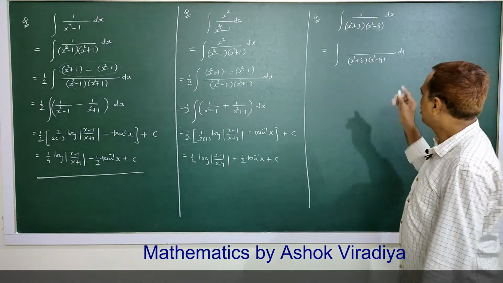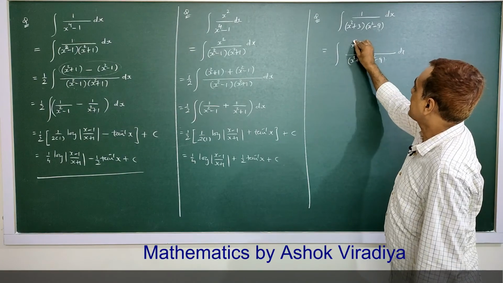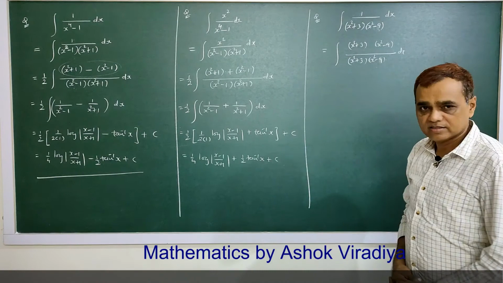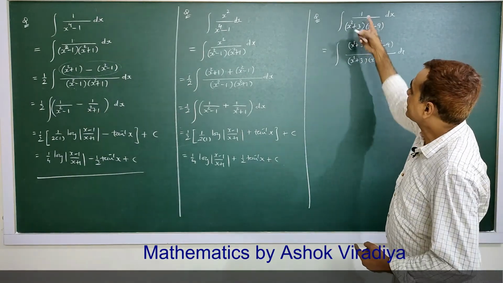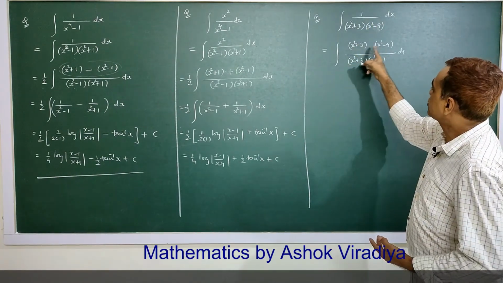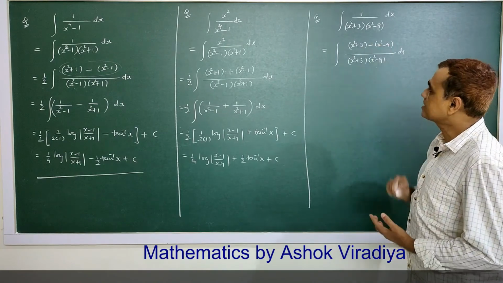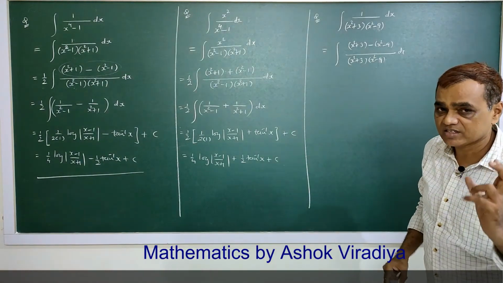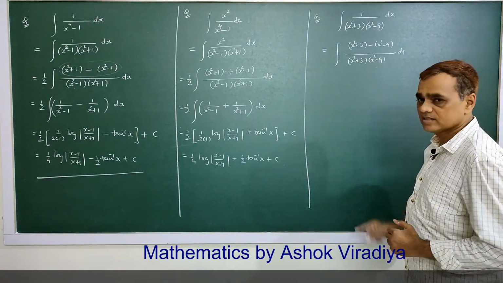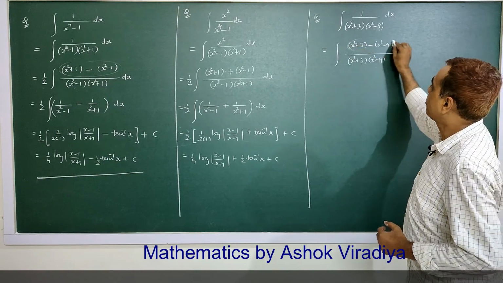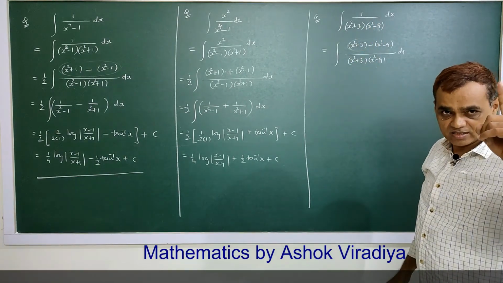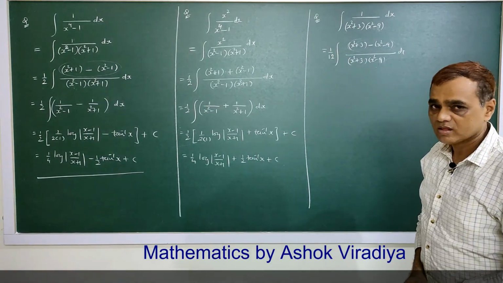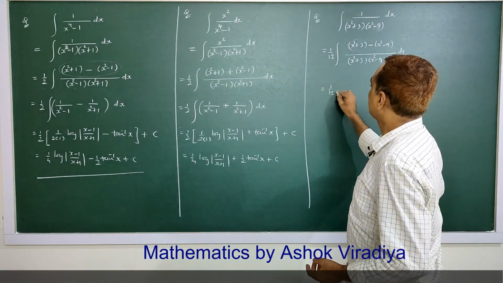So here, look, these numbers I am putting here: x square plus 3, x square minus 9. Now we don't want x square here, so this x square should be cancelled, so I keep minus. So x square is cancelled. Finally, how much is left? 3 plus 9. So this is 12, but we have 1. So to maintain the value, divide by 12. So it is equal to 1 by 12.